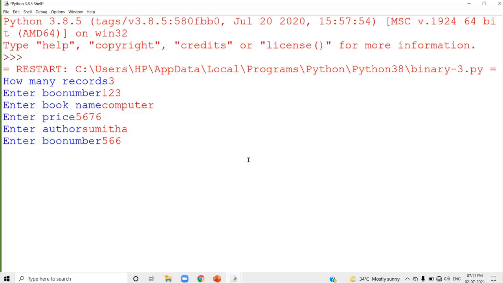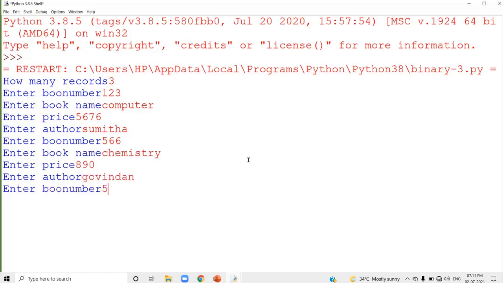Again book number, book name, price, author. Again one more time the book number, book name, price, and here the author.